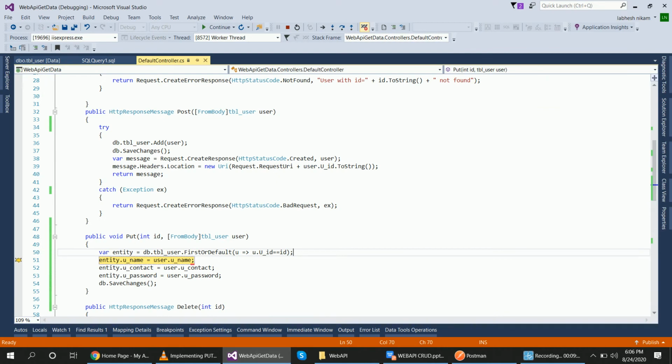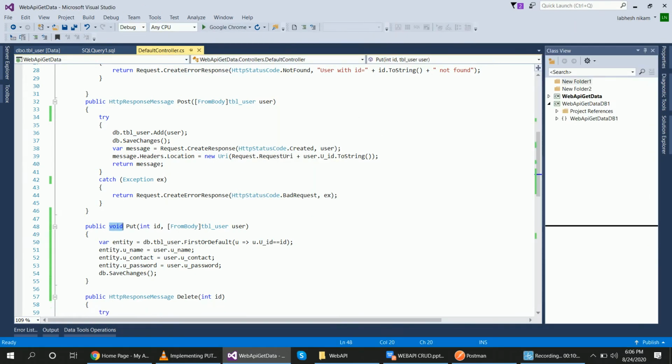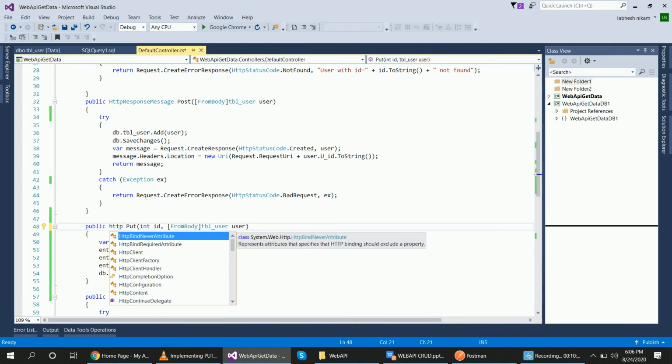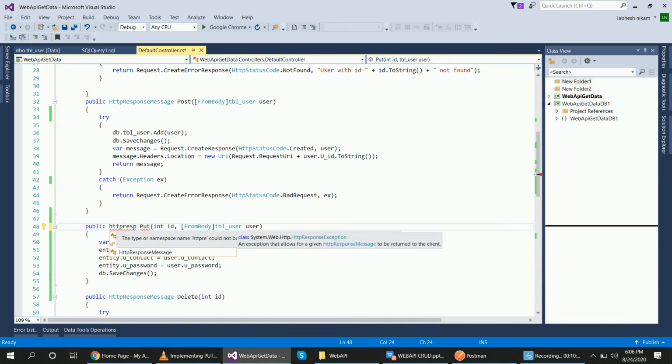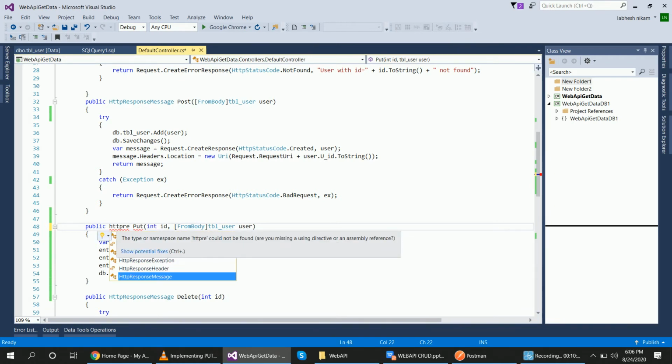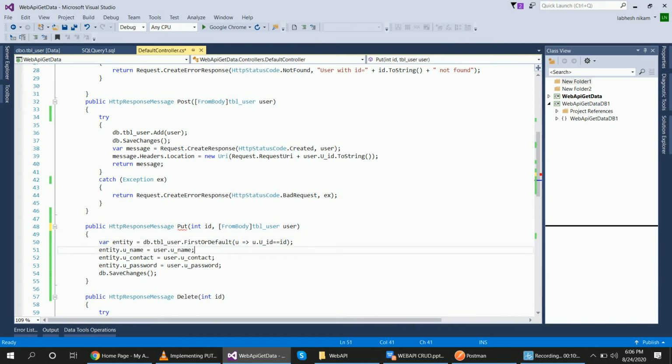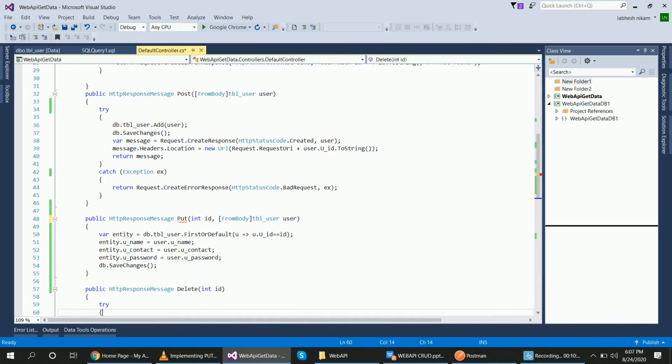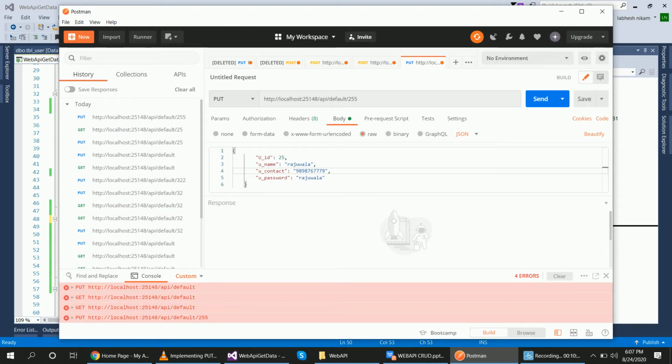So what I will do, I will put in place of void, HttpResponseMessage. And second one, because of this entity and passing this ID, I get that error when I put a not available ID.